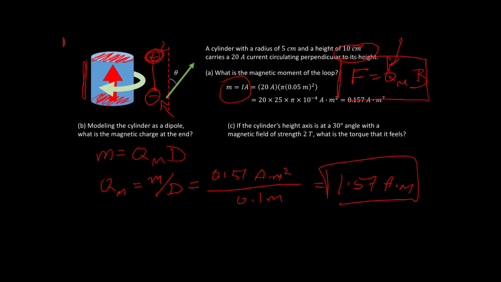Okay, so remember, amp times meter, an amp meter, is the magnetic charge's units. So the magnetic charge has units of amp times meter, and the electric charge